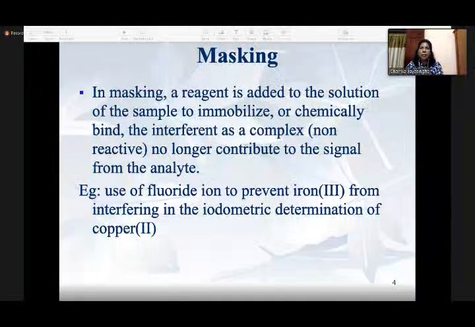Whatever signal we are going to take, sometimes it is absorbance, which is a signal, and in chromatography techniques we take the signal. Noises are signals, and sensors are giving us signals. Therefore we want to remove the interference in those things, so that it does not contribute to the signal from the analyte. For example, when we do online lectures, sometimes I can hear, and all the other participants in the lecture can hear,